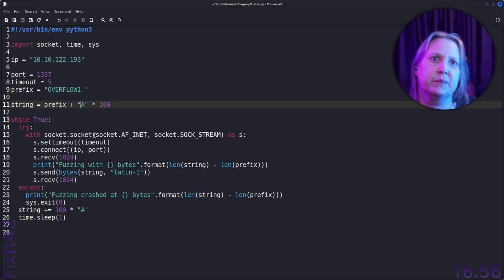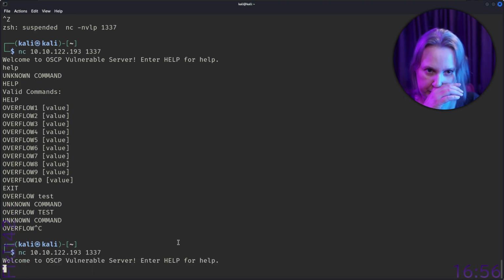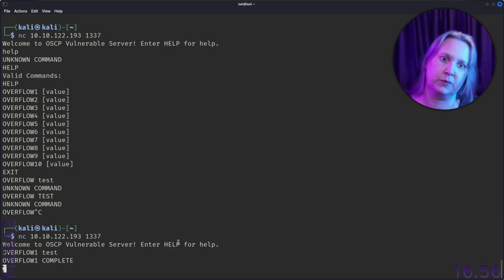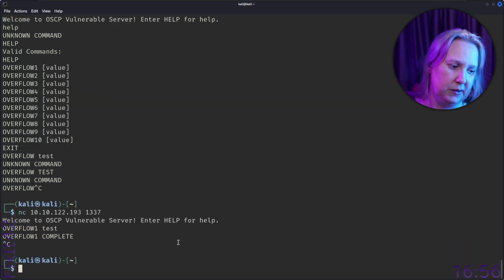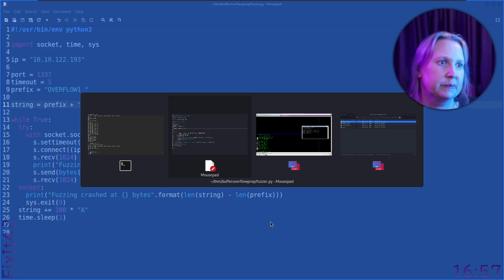Okay. Yeah, so what I missed before, let's do this. I missed typing a 1 actually. So when we connected here, I should have typed overflow 1 test. That's what I should have done, right? So I missed the character there. It was a tiny one. And I'm trying to switch screens when I'm already on the screen. Right? So